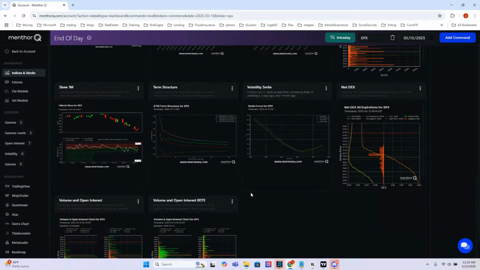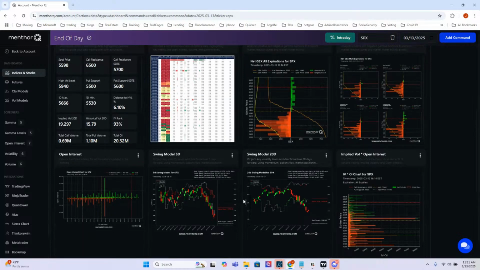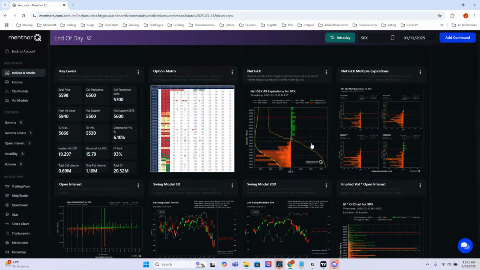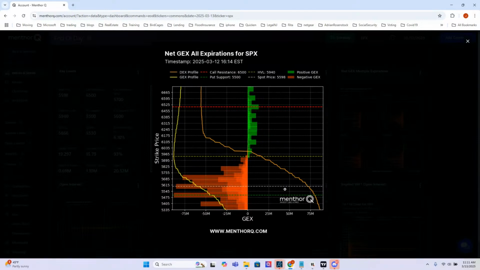Okay, so we went through those three things here. Another thing that I like to look at is the net GEX chart. I like to look at the overall picture first, and the general question I always have is, where is the general inflection point where things go from bullish to bearish, and what are potential areas I may want to target. So here,